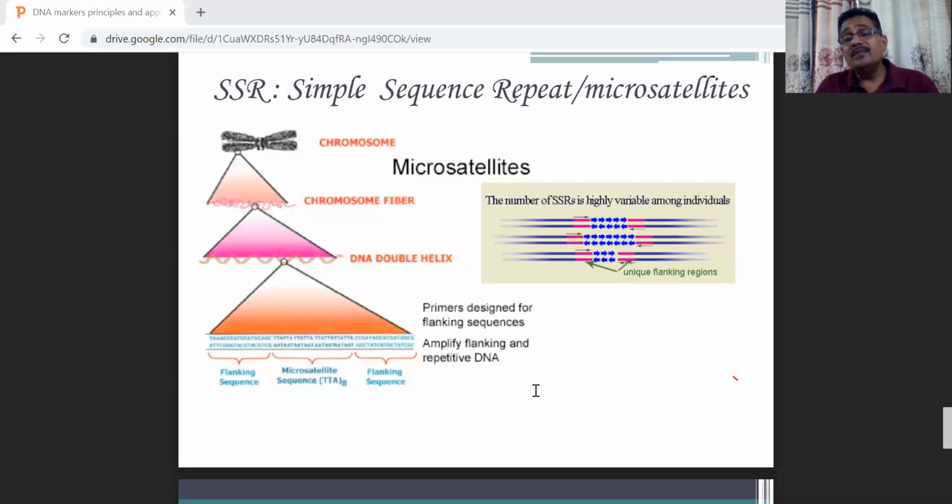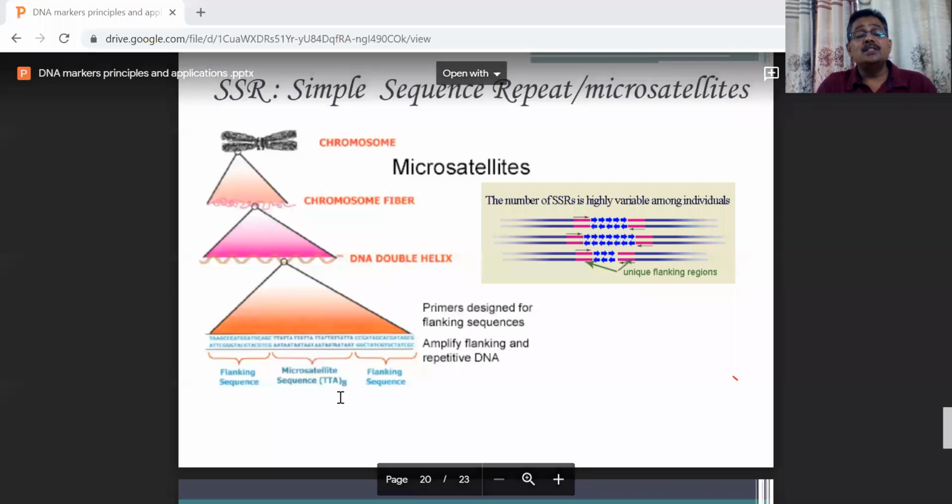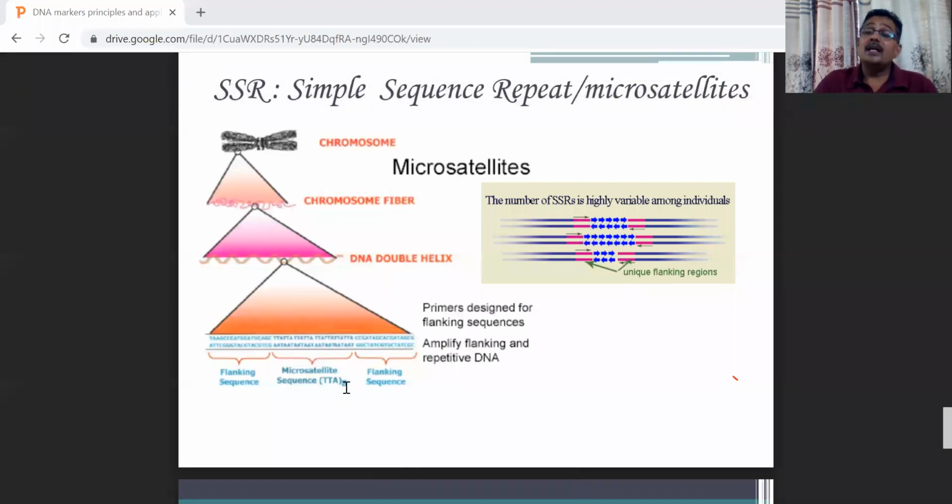Every individual has a different pattern of repeats. For example, with a TTA three-base repeat, one individual may have 5 repeats and another individual 10 repeats. It is unique to their organism. So that is the characteristic we want to use to differentiate the varieties. If one individual has 10 repeats and another has 15 repeats, this will be used for differentiating these